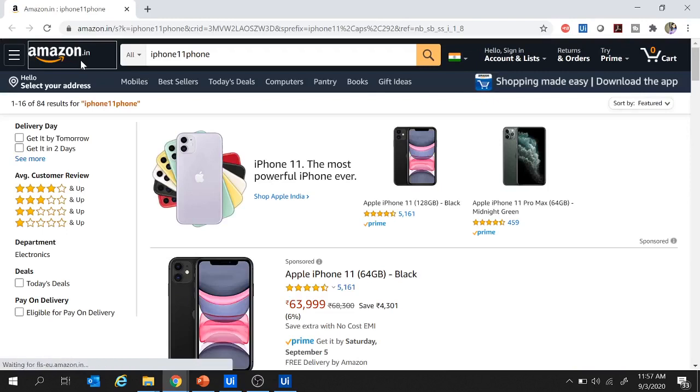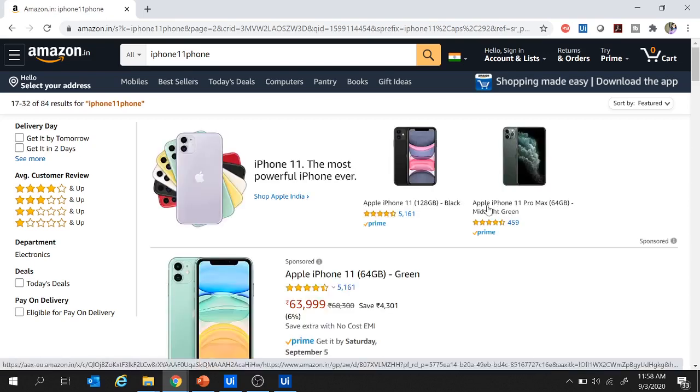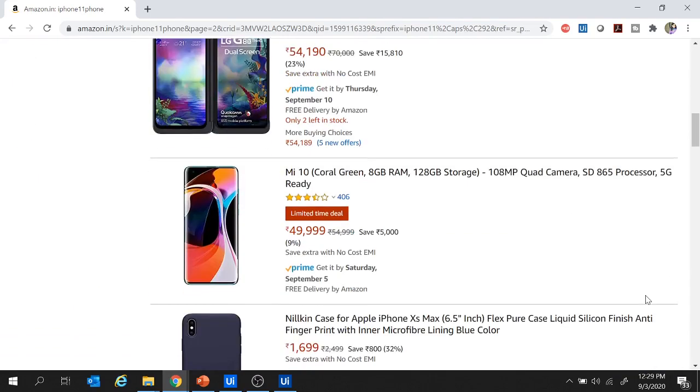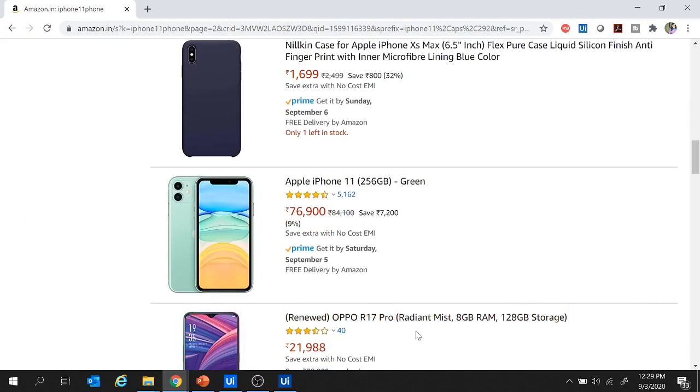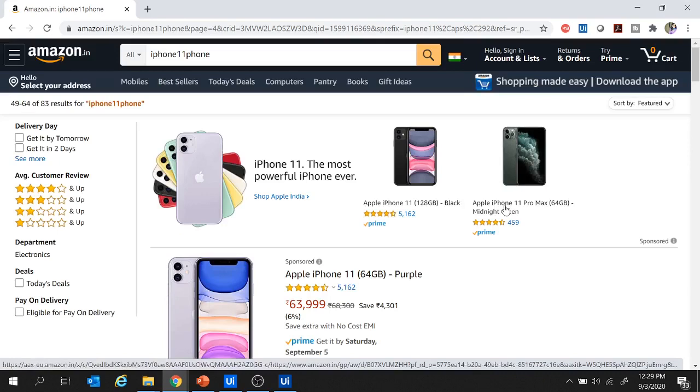And my project is running now. It launched the Amazon website. It is extracting the description and cost from the first page. Clicked on the next button. It is trying to click on the next button. And it clicked on the next button. I have provided a delay here of 10 seconds. So it will wait for 10 seconds and then it's going to extract the description and cost from the second page. And it clicked on the next button and now it's on the third page. It is going to extract the description and the cost from this third page. And it clicked on the next button again and it will extract the description and the cost from this fourth page.